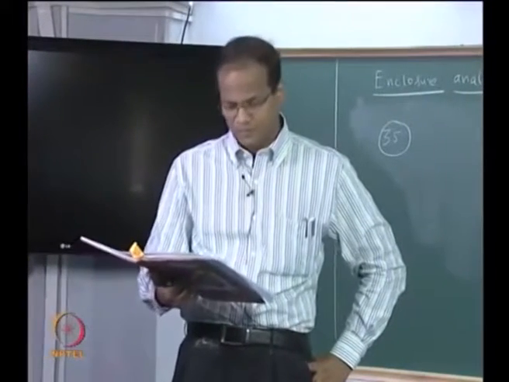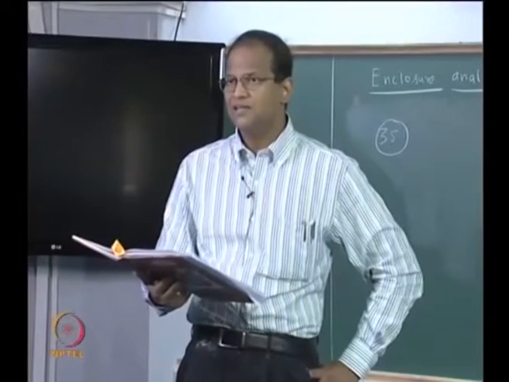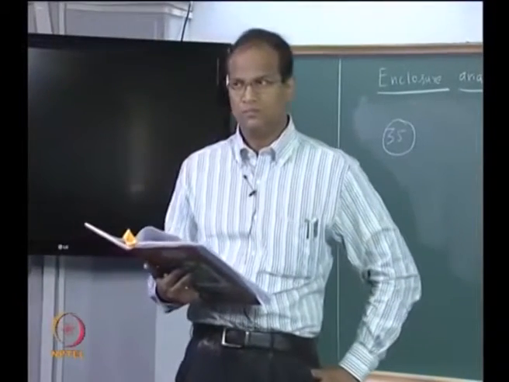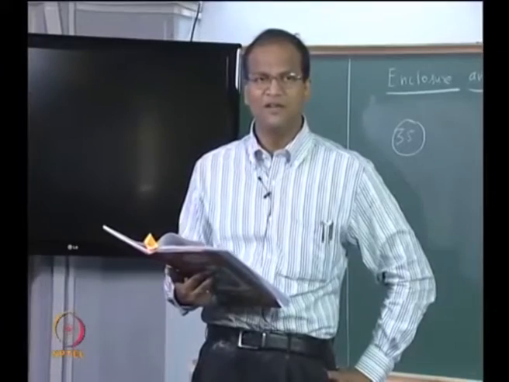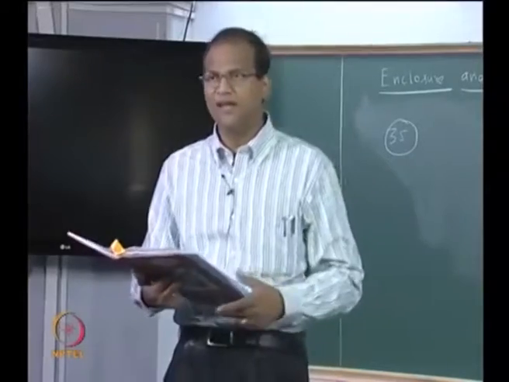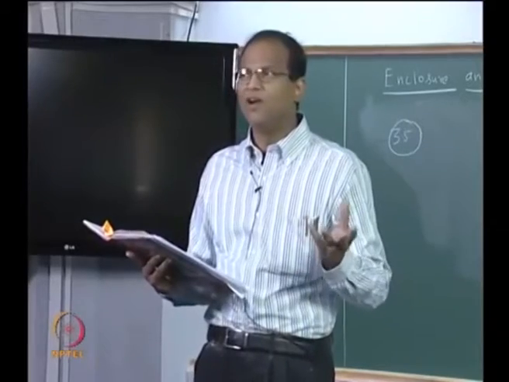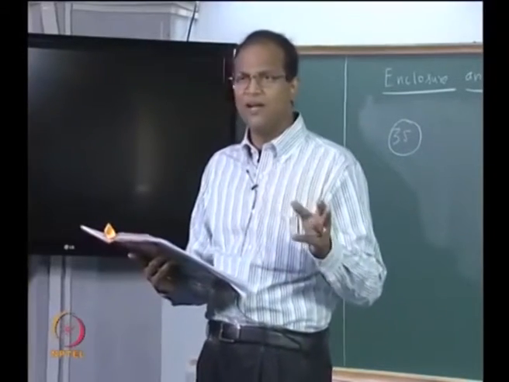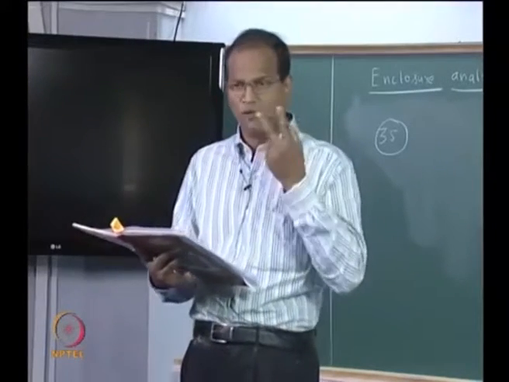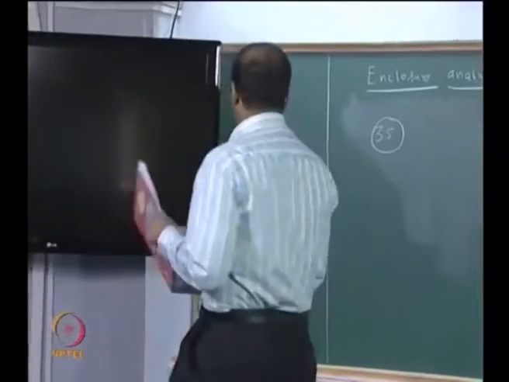And part C, if epsilon 3 is changed, will your results change? What is the answer to part C? Why? Because surface 3 is a re-radiating surface, completely insulated means re-radiate. First draw the figure, all the view factors are very simple. It is all 0.5, it is an equilateral triangle. So view factors are straight away obtained, and J3 is also very easily obtained. Though you have a system of 3 equations, you have to solve only for 2, because J3 can be written in terms of J1 and J2. This will take about 10 minutes, we will solve it.